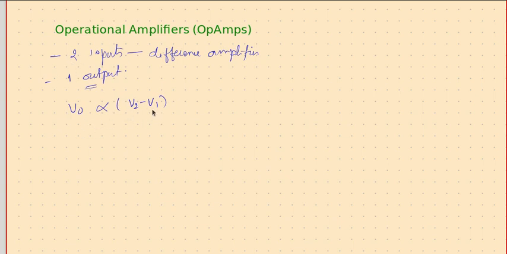and one of the two inputs is called an inverting input. That means the output is always the negation of that input. So this is something to do with V1, and there is another input which is non-inverting. That means the output will have the same relation with the input. So that's V2.